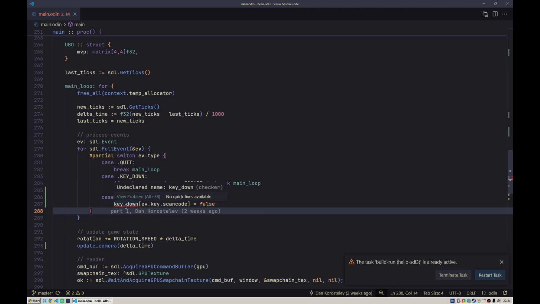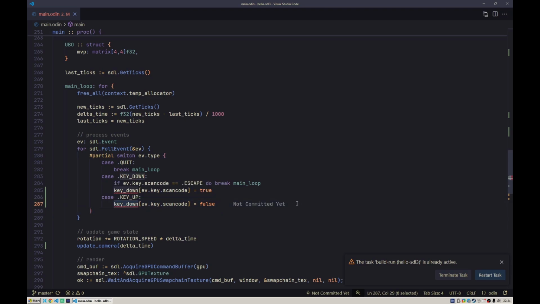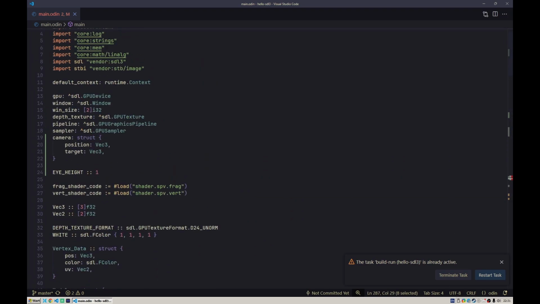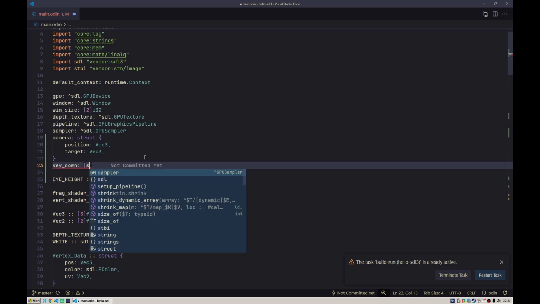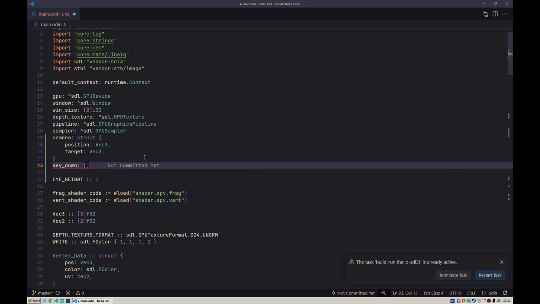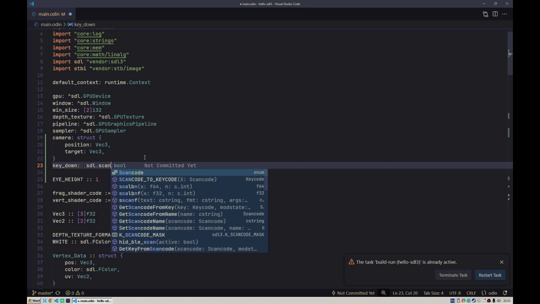Now this key down can be a simple array in Odin, which actually has enums as an index. I think it's called enumerated array in Odin. So we can define this as another variable like this, something like key down, and the type for that would be an array of Boolean, but we can also specify the indexing type, and that would be SDL scan code,